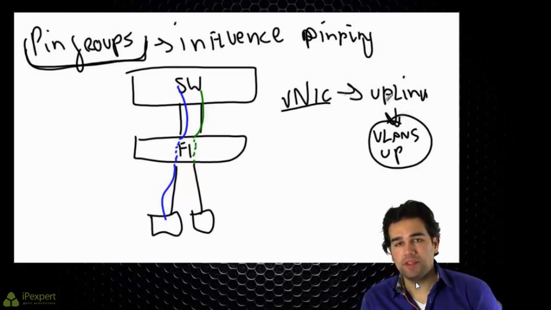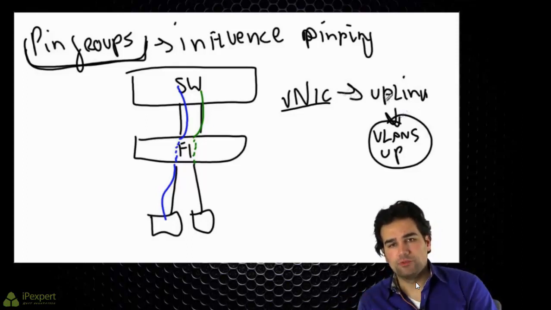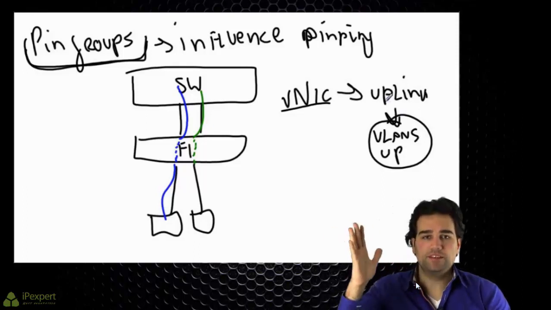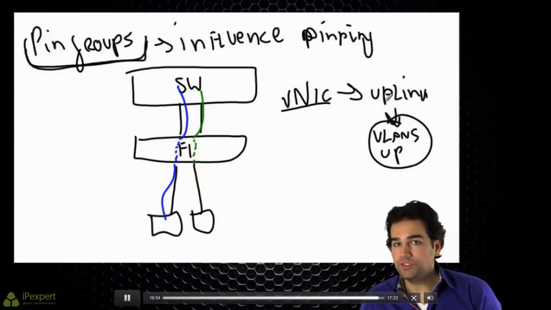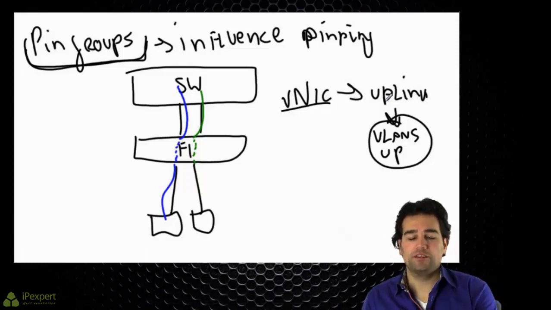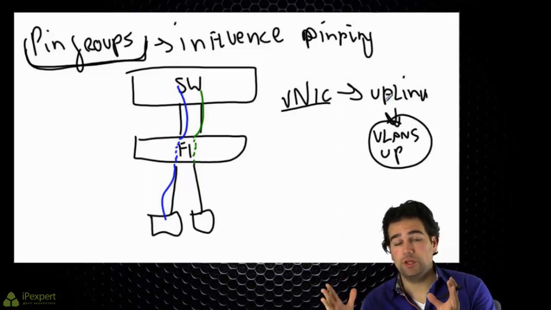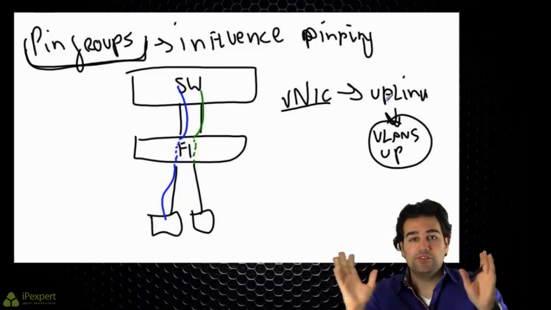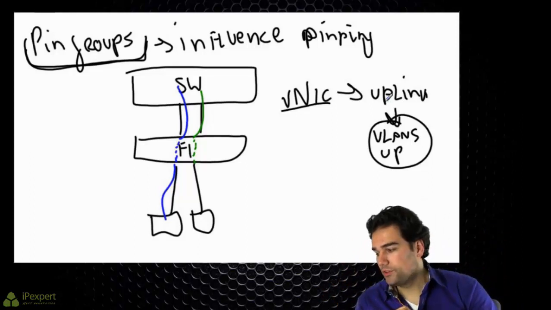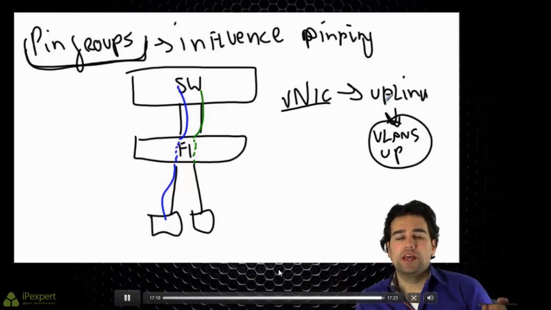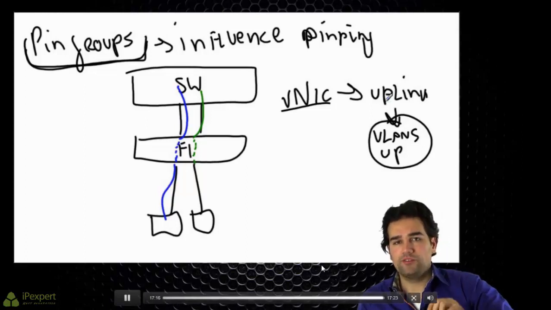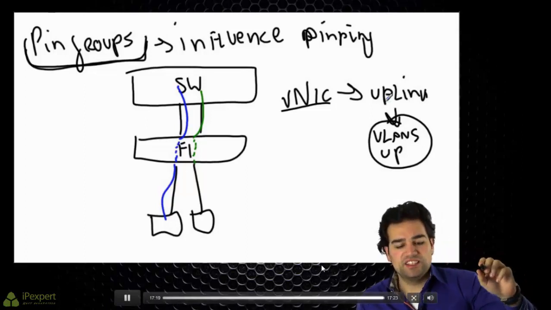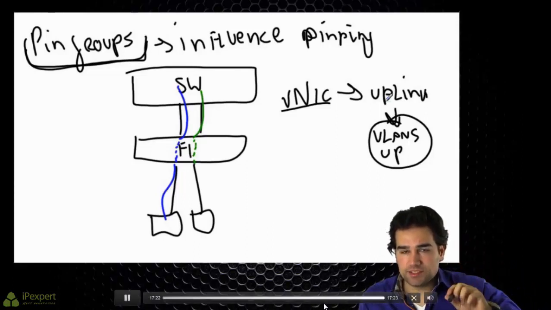So this vNIC to uplink mapping, I can influence that by using pin groups. I can say, all right, if it runs on Fabric A, it needs to select this. If it runs on Fabric B, it needs to select this. So there's some flexibility there. I do not see a lot of use cases for this, because usually if traffic already enters A or B, it already chose an uplink, and then it can just use any as long as the VLAN is allowed. So very important, disjoint layer 2 and pin groups have nothing to do with each other. I cannot influence that VLAN 100 traffic should go out port 9. No, what I say here is network interface card X uses uplink